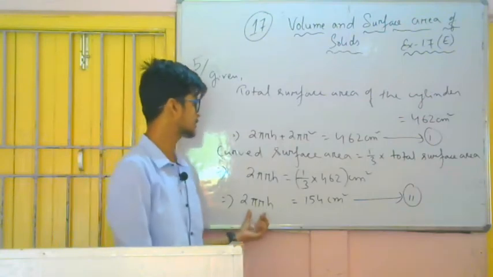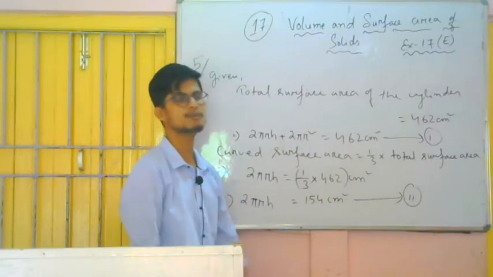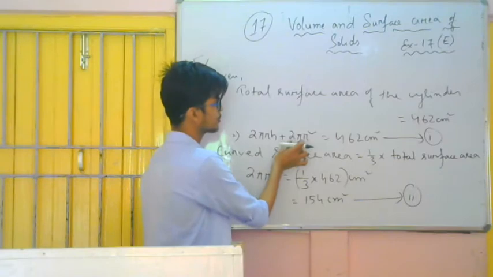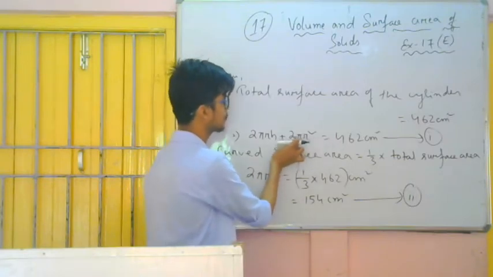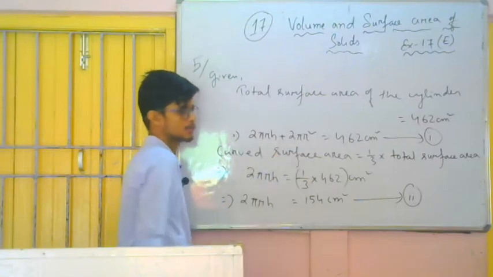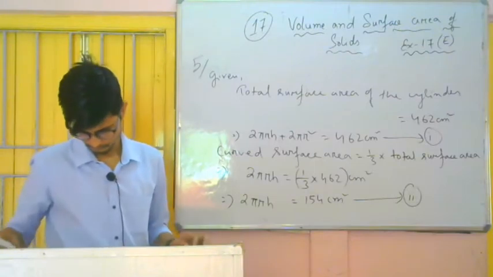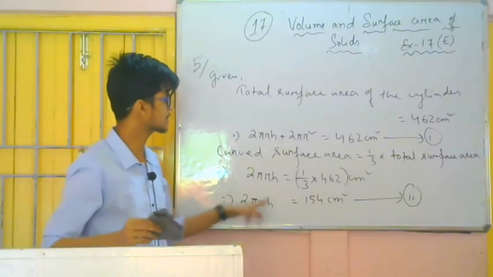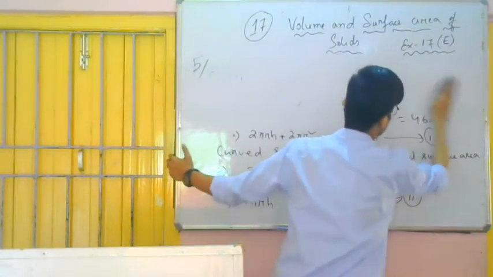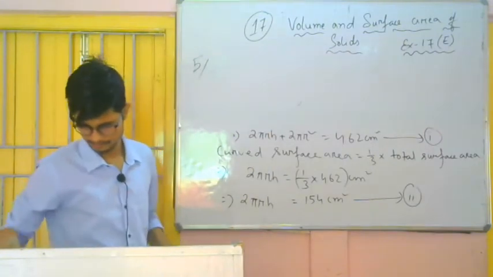So if I put this value here, then easily I can calculate the value of r from this one. The value of pi we know is 22/7, and the radius I can easily find from this. So if I substitute this value in equation 1, I can easily find this one. It is a very important question. So now you write